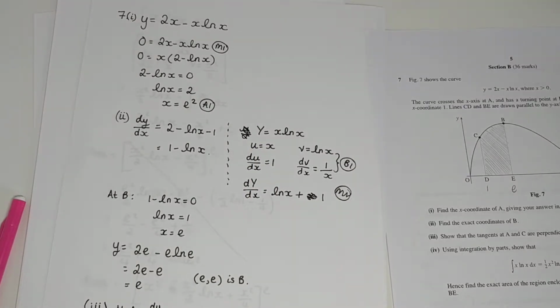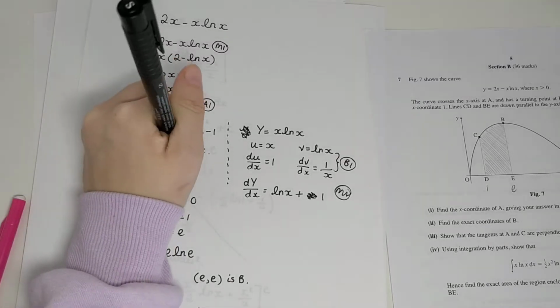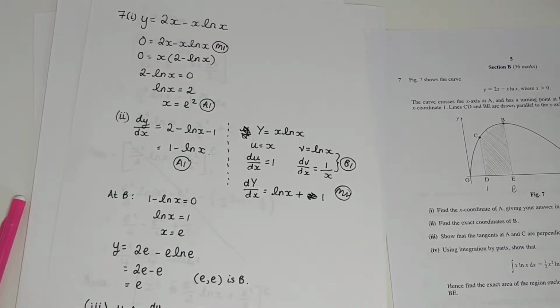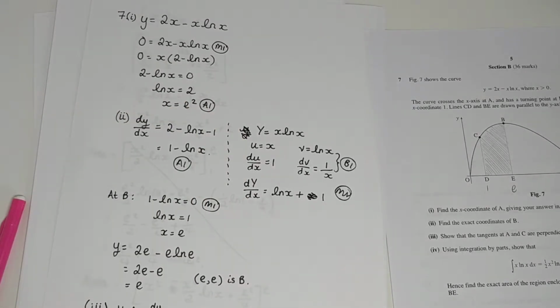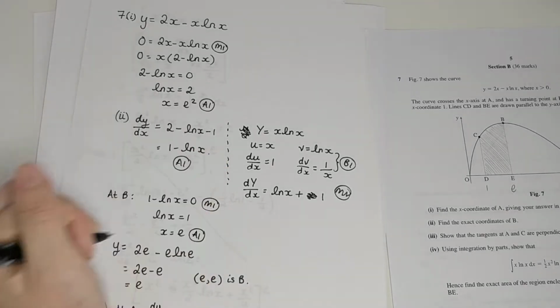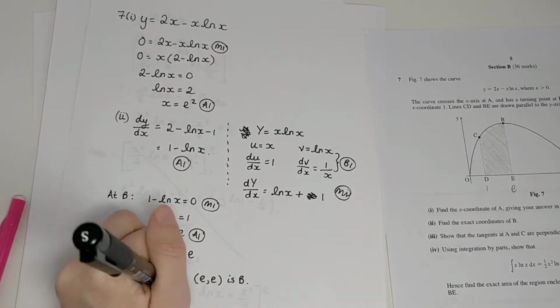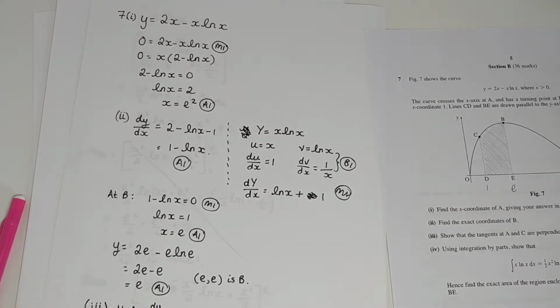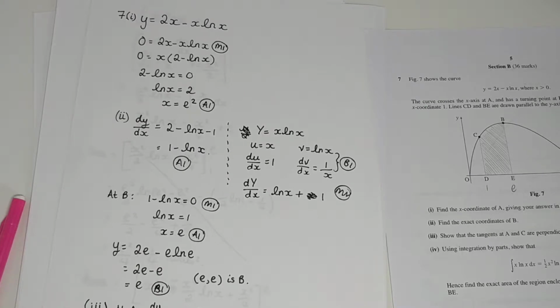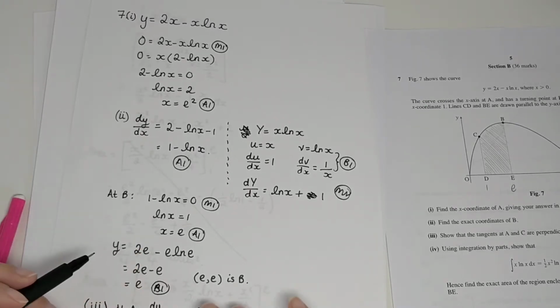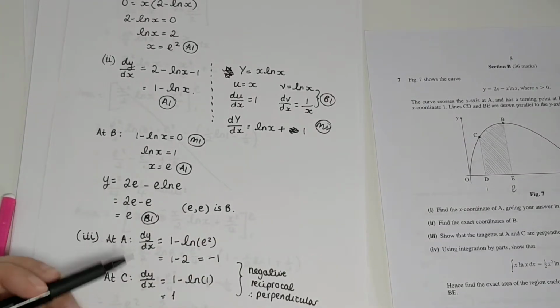We get A1 for 1 minus log x. We get M1 for equating it to 0. We get A1 for the x, and we get A1 for the y. No, sorry, we get B1. We get B1 for the y. And the B1 is follow through, so if your x was wrong,